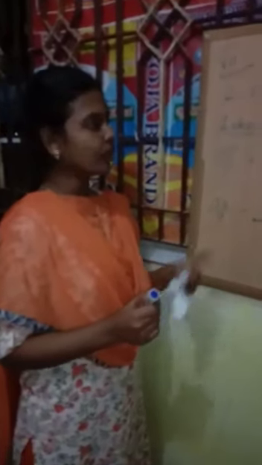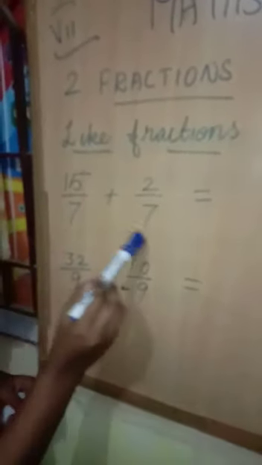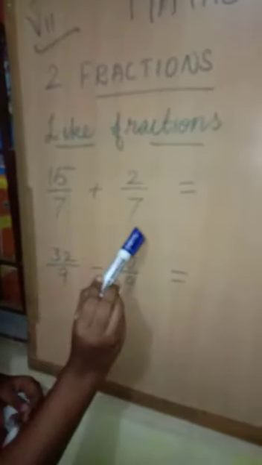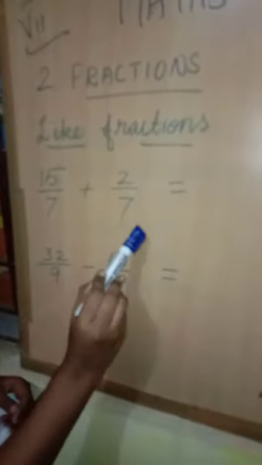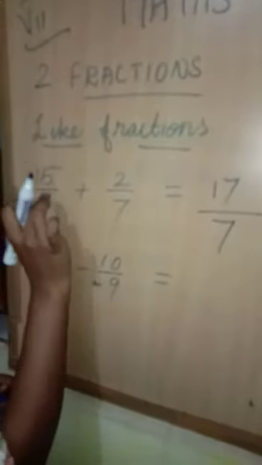Now I am going to explain how you have to add like fractions and how you have to subtract like fractions. Here we can say these two fractions are like fractions. Why? Because the denominator is the same in both fractions. So if we have like fractions, directly we can add the numerators. Just add the numerator with the numerator. 15 plus 2, the answer is 17. And there is no change in the denominator. The same denominator value we have to write here. Understood what I am saying? To add like fractions, just add the numerator with the numerator. 15 plus 2, 17. The denominator stays the same, 7 only you should write.